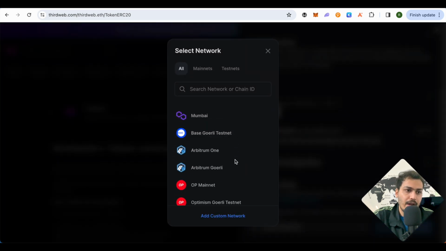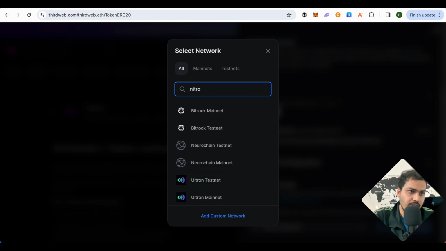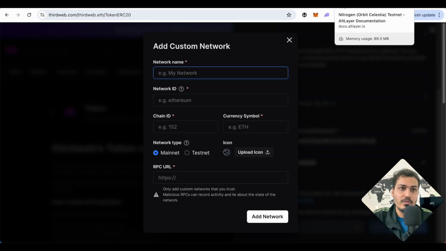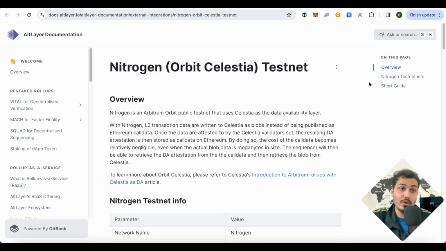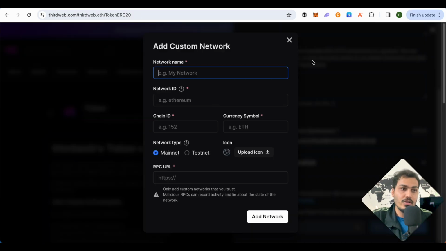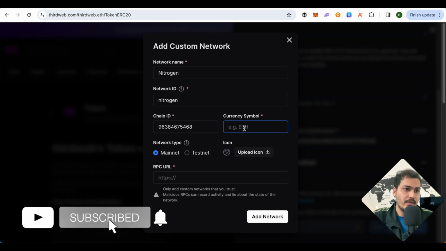And here when you try to search for nitrogen, you won't be able to find it because it is not there. So what we will do is just click on this option of custom network, add custom network basically. And here in the network name, we will type all the information from the document page. So we will be requiring this page again, and we will just copy the network name and paste it on Third Web. And in a similar way, you just have to copy and paste the chain ID also. And after that, the currency symbol is